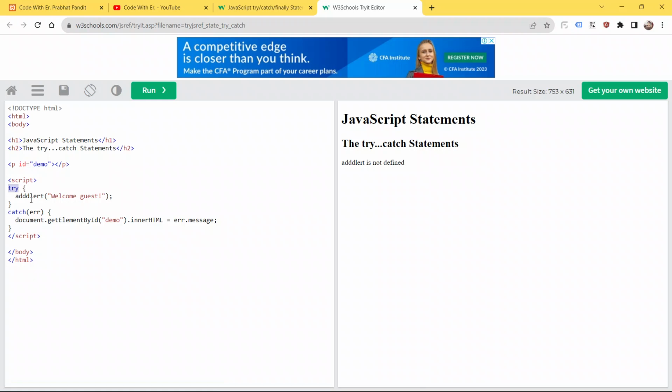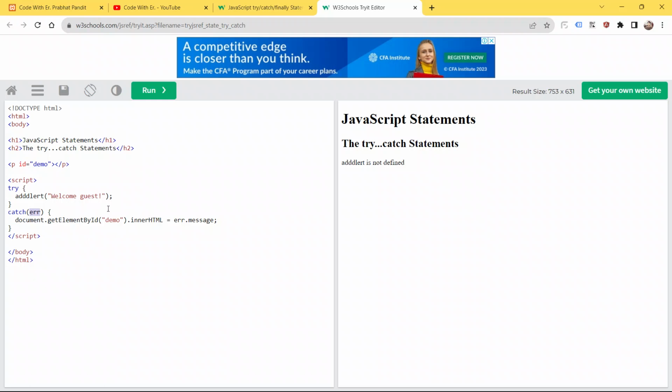As it says, alert is misspelled here, so it will throw an error and the catch block is going to catch that error, and it will display it on the UI, or you can display the error in the console also. It displays on the page: adddlert is not defined.